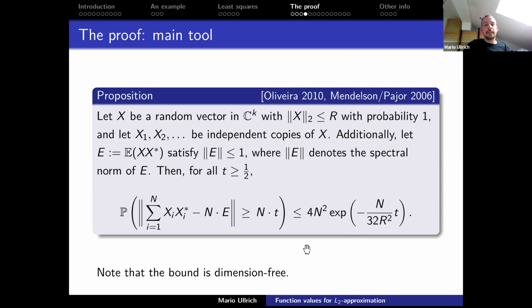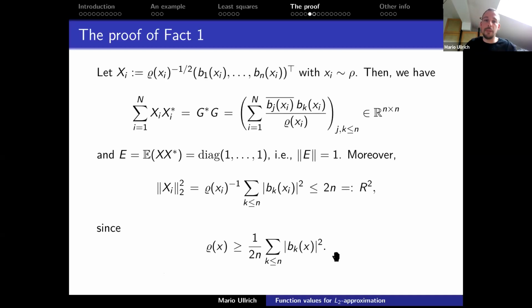Okay? And the interesting thing here is the whole bound is dimension free. Right? It holds in the same way if you set k to infinity. There is no problem at all in considering sequences instead of vectors. And that makes this result so powerful. Okay, and we now want to